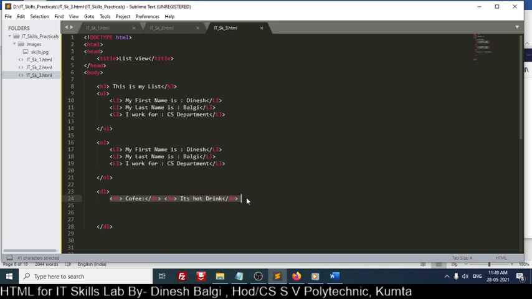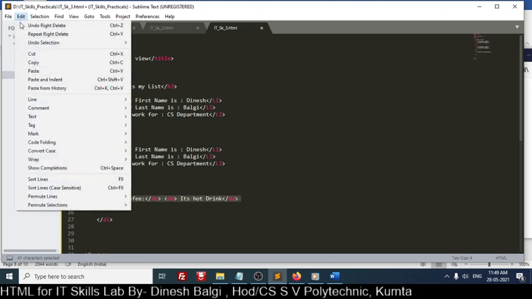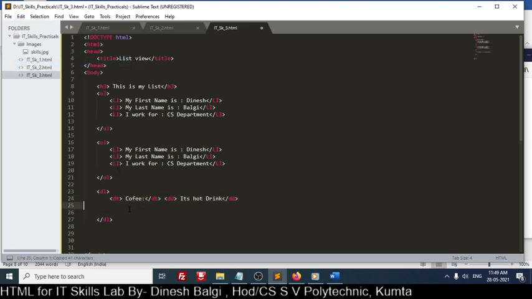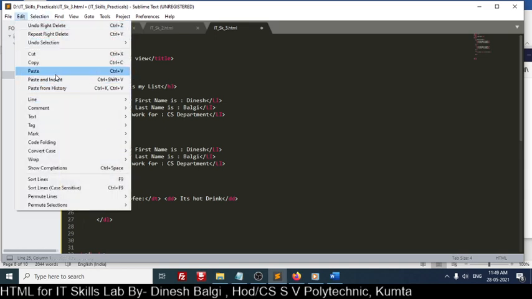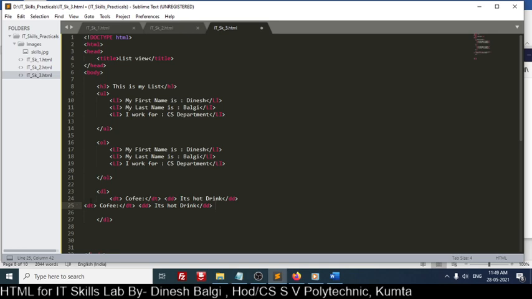Okay, now one more I will use. Now I will use Coke, and just copy paste. I will demonstrate how to do it using menus. Just select this, go to edit, copy, same way as you do in Microsoft Word, then go to edit and paste. I am using these shortcuts, Control C, Control V, to make it faster.